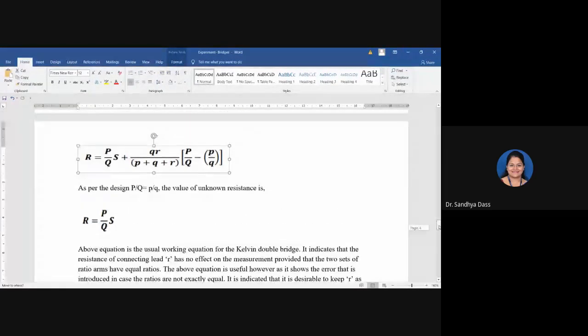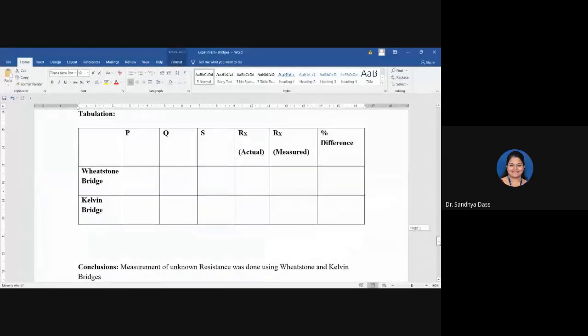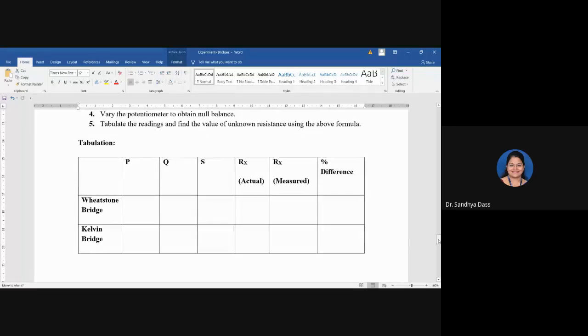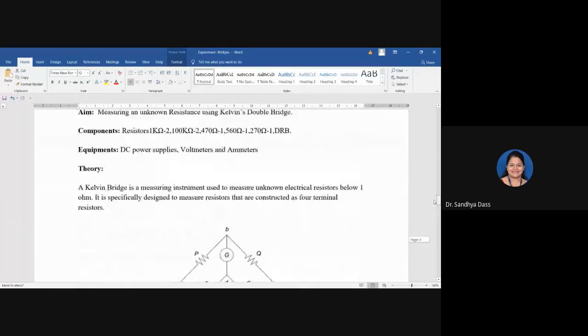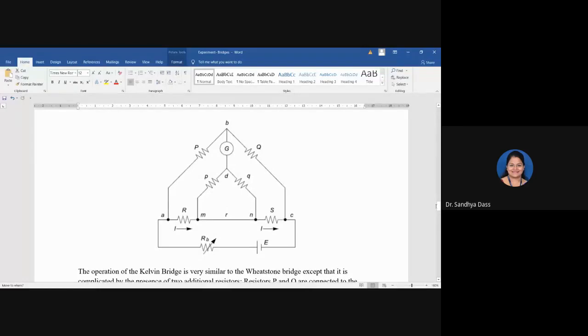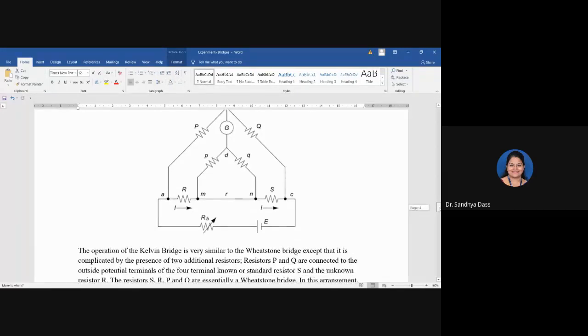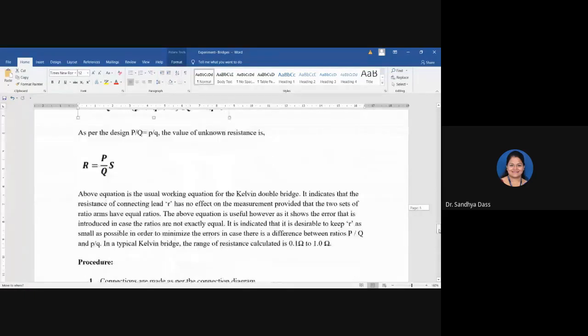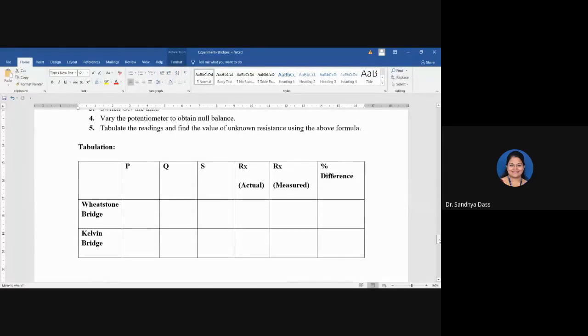All right. So the explanation of all these, the conduction of the experiment, and the values of R, P, Q, S, all the resistance values are shown and demonstrated in the demo, which is already available on Canvas. The circuit connection is also shown there. For the final tabulation, this is your table which you will be actually tabulating.